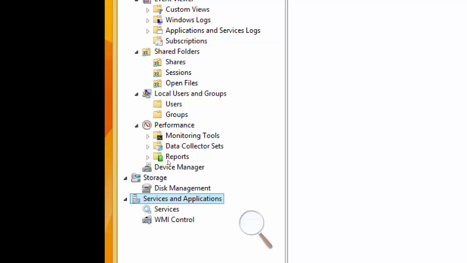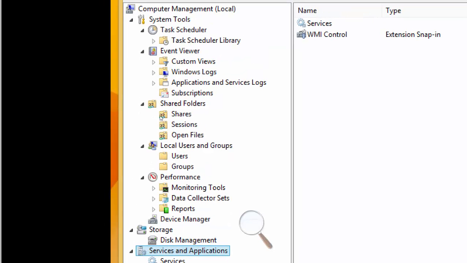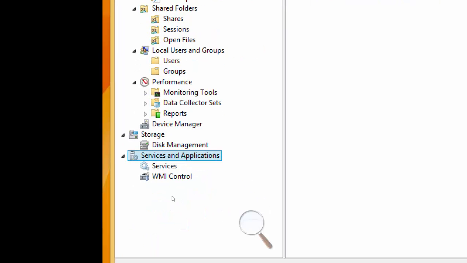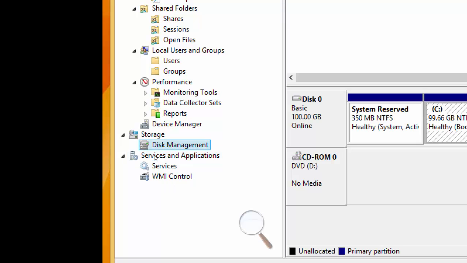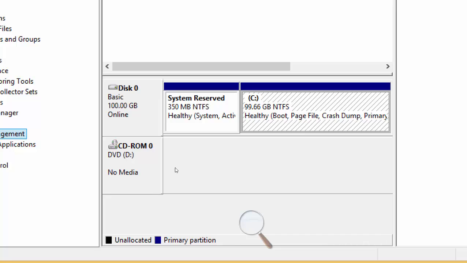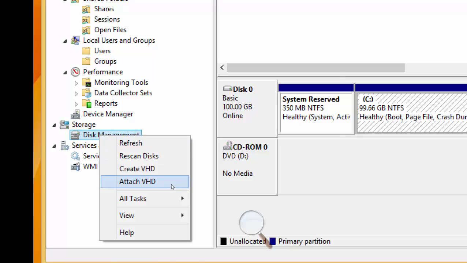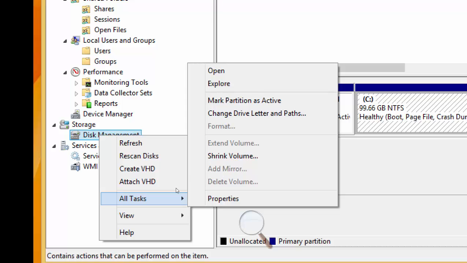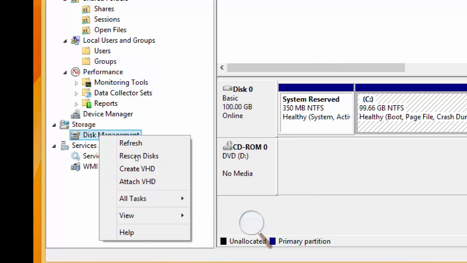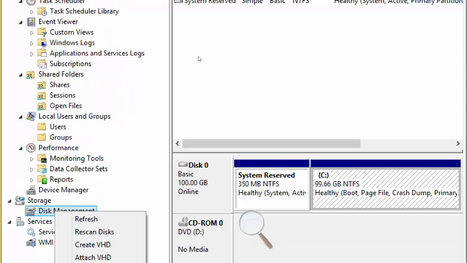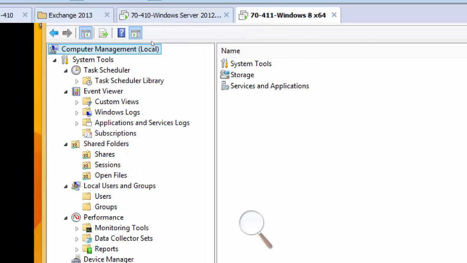I want to see the shared folders structure, or any of these services for server 1. How can I do that? I want to see the disk management of server 1, not this server. If I go to disk management, this is Windows 8.1, right? We can always discover what we can remotely check from here. All tasks, open, explorer. If I right click disk management, nothing offers me that I can connect remotely and check this, right? But if I go up here, computer management,